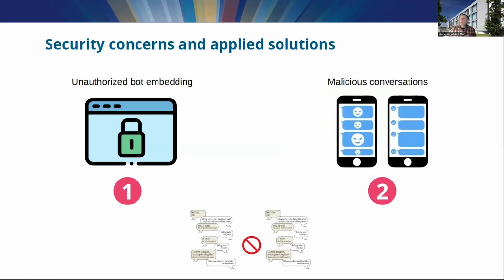On this final slide, let's talk about security. Chatbot applications, while incredibly useful, introduce two primary security concerns. First, unauthorized embedding of the bot on a web page, and second, malicious conversations. Basically, both issues were addressed in the implementation. The first issue was addressed by a DNS-based protection, and it was implemented to disallow the bot to be embedded on sites other than explicitly allowed in configuration. So the bot designed for eAcademy.GÉANT.org cannot be embedded on www.géant.org or any other website under any other DNS domain.